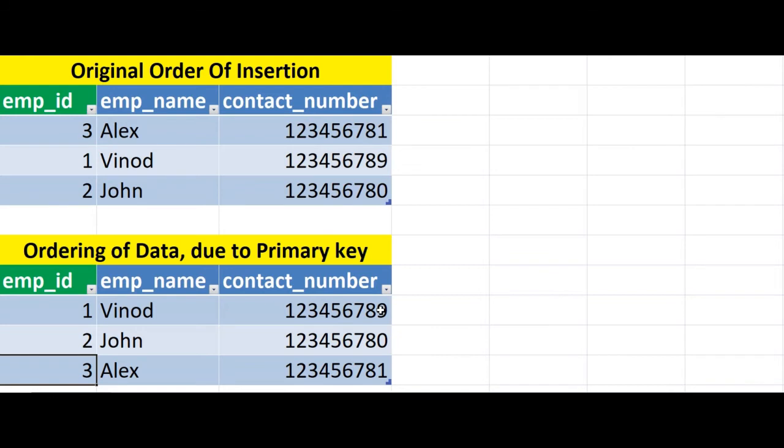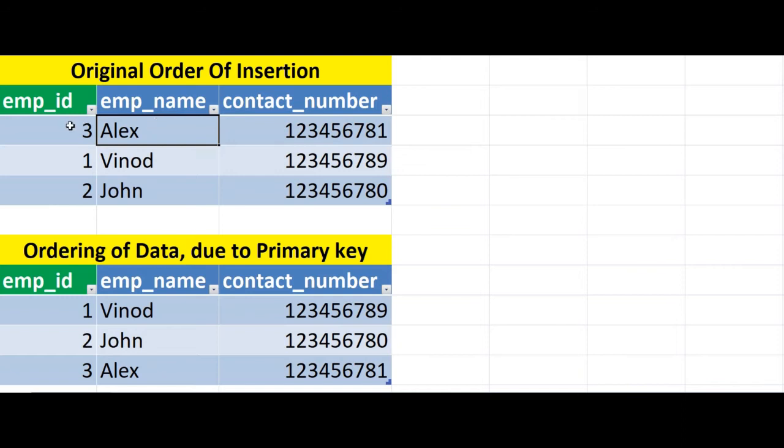So this is the reason primary key can be only one, because ordering of data can happen only according to one column. Now assume you are making employee name also a primary key. How would it sort the data, through employee ID or through employee name?